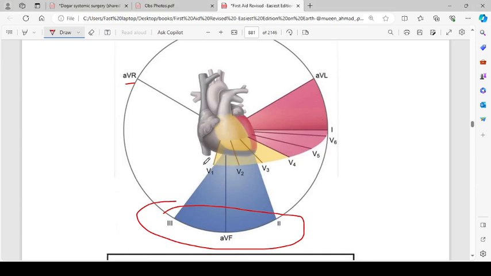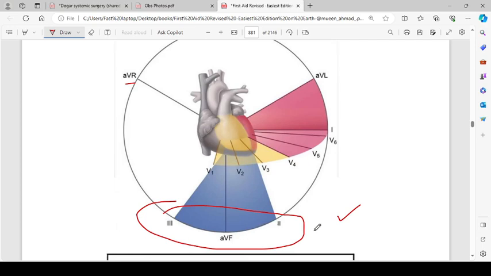These are the leads associated with the branches of the left coronary artery. This is the crude way of knowing it. If leads 2, 3, and AVF are affected, there is some blockage in the right coronary artery, and if leads V1 to V6 along with 1 and AVL are affected, there is some problem with the left coronary artery. Now for further subdivision,